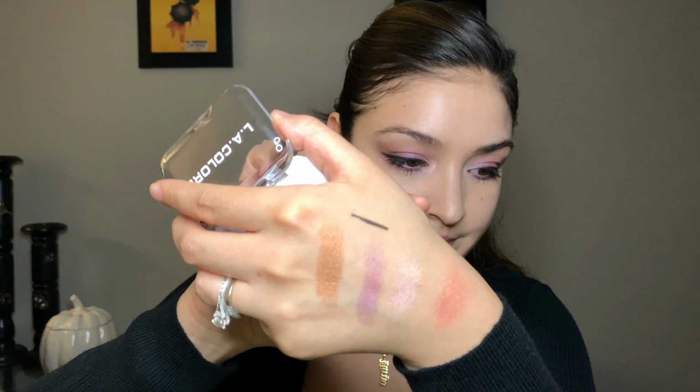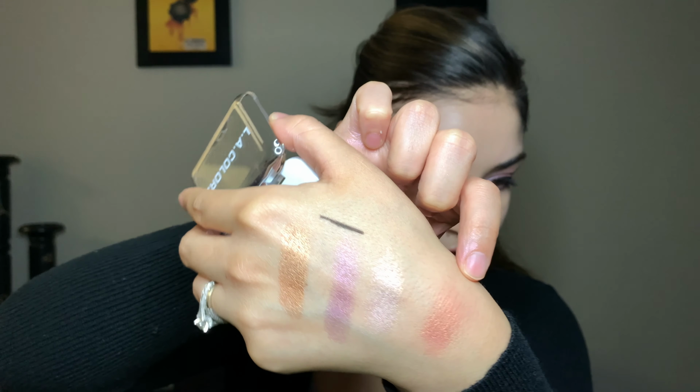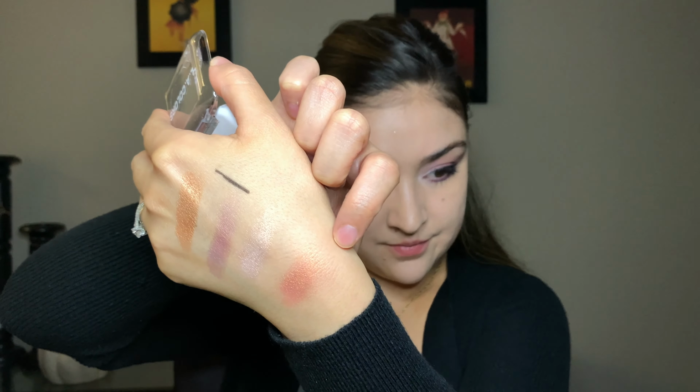So since we really don't have any tools, I'm going to probably, that looks pretty. I'm gonna swatch it on the back of my hand. Oh, that's actually pretty. You see that? That's pretty. Let's see. I'm gonna apply it with my fingers. I'm seeing if I'm gonna regret that,